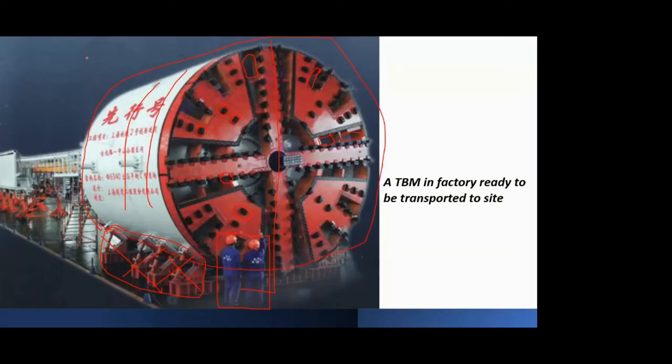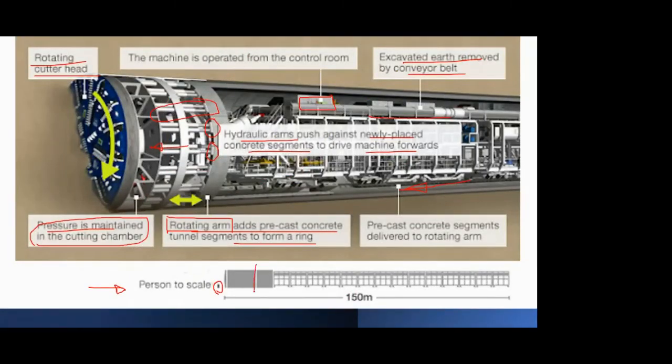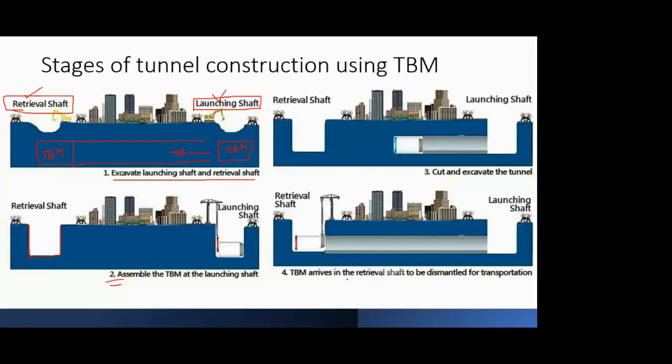Okay, so whatever is the size, depending on that, you will decide what shaft you will require to lower this TBM, and then whatever is the remaining out of this 150 meters that I have shown here, this is the main part, and the remaining assembly you will go on lowering after you start the tunneling operation. So initially after a few meters, you will get a space, and then you can start lowering the other additional accessories for this TBM. Okay. So here you can see the TBM is assembled into the launching shaft. It is lowered with the help of a crane.